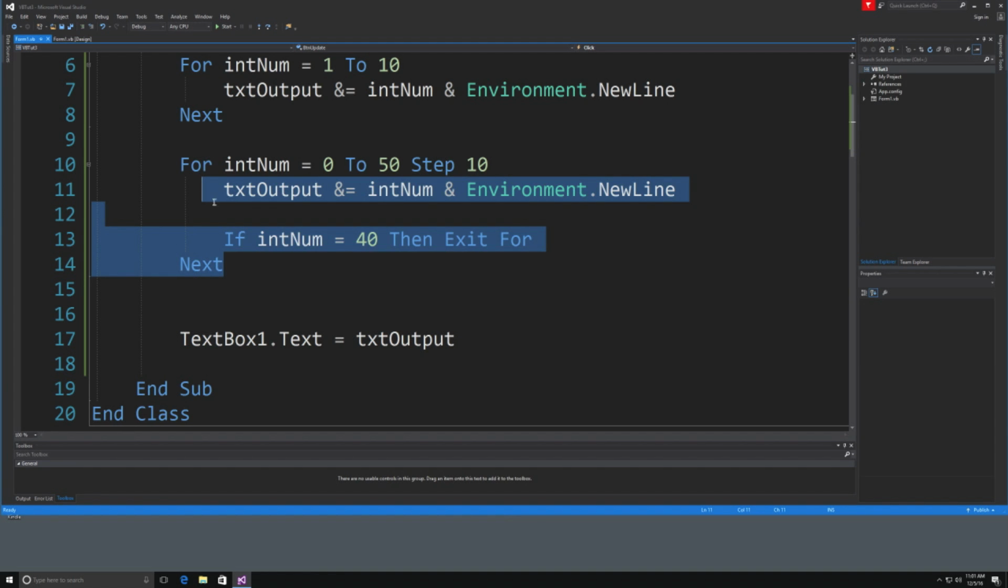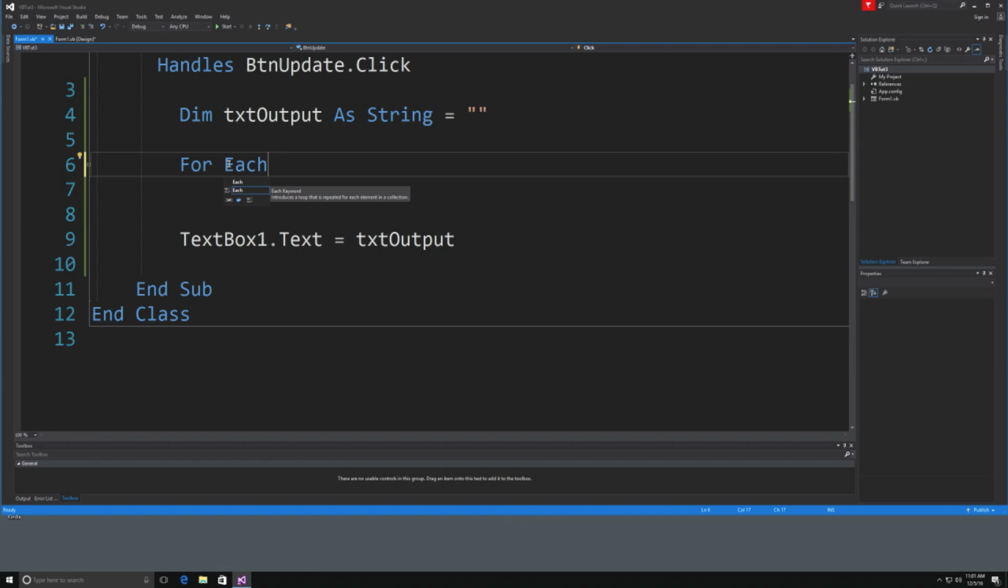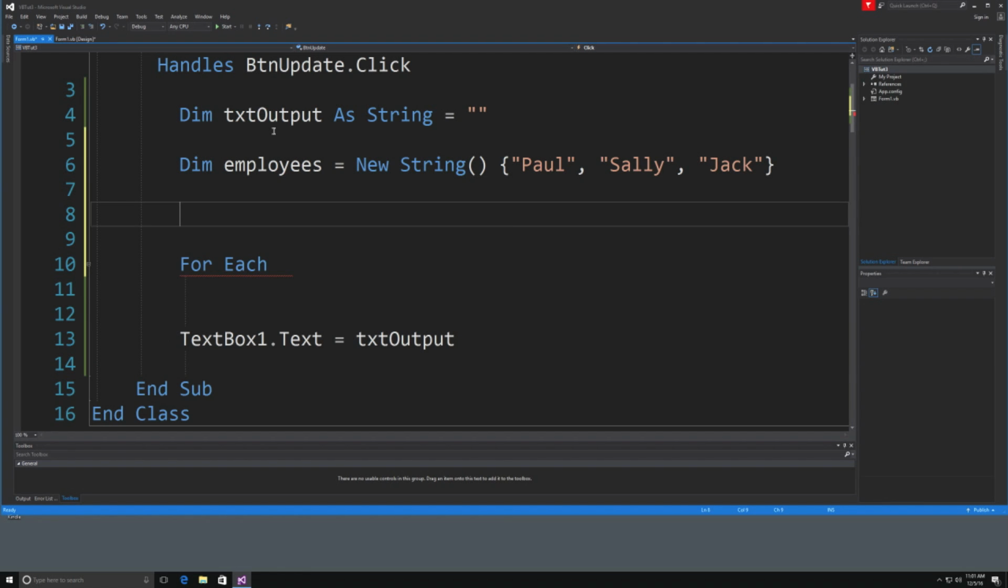Another guy we have available to us is the for each. So let's get rid of this, and we're going to say for each. And what it's going to allow me to do is to cycle through arrays, for example. So let's go and let's create an array first. And I'm going to get more into arrays here in a second. So I'm going to say that I want to create an employees array, and they are going to be strings. And I want to go and assign values to them as I create the array. So I'm going to say that I have an employee named Paul, another one named Sally, and another one that is named Jack. So there you go, I created an array,